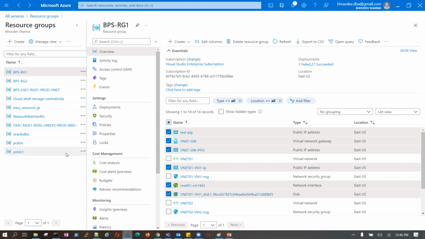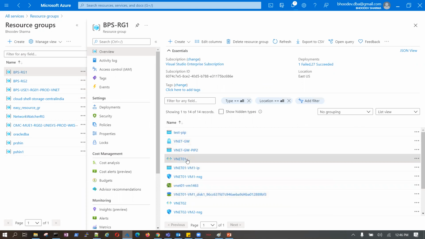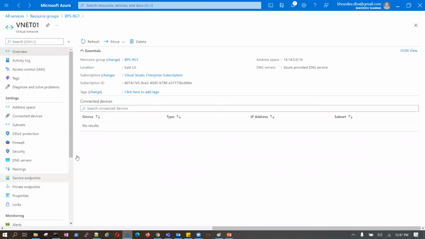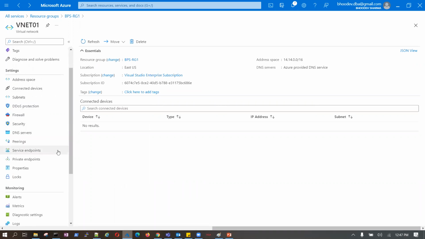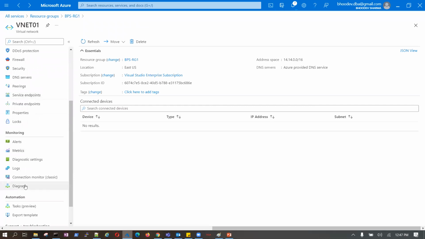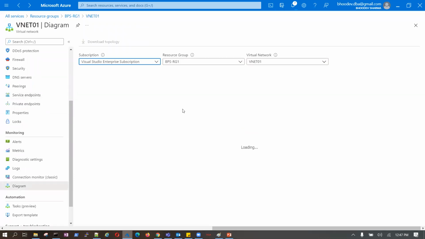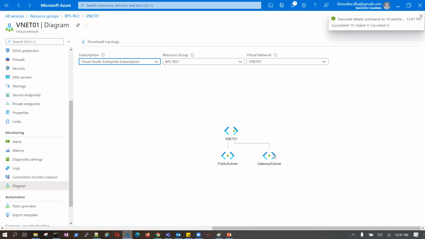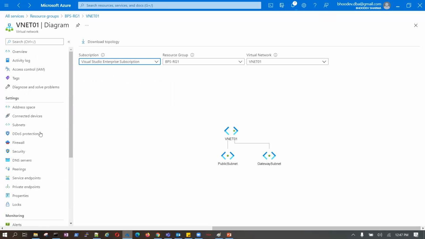If you look at yesterday's diagram I showed you, let me come back. In any of the virtual networks, we can cross-verify this. If you look, this is a VNet. In the diagram we were looking at yesterday, the public subnet and gateway subnet, this we created today. Now we also created some yesterday, if you remember, I will show you once again.